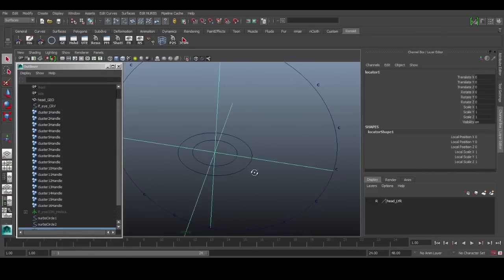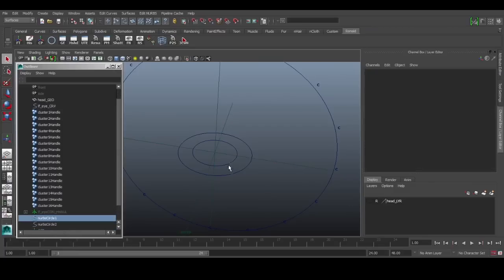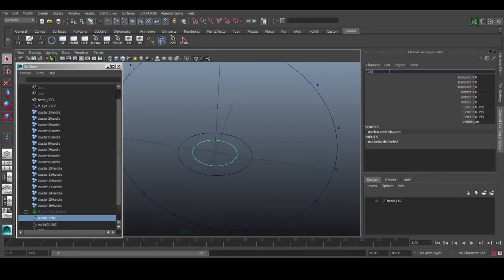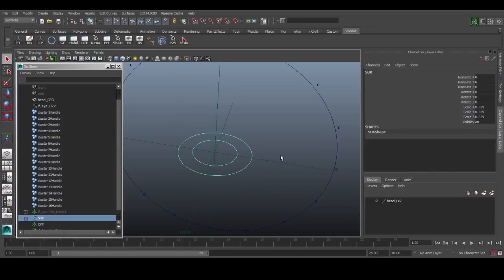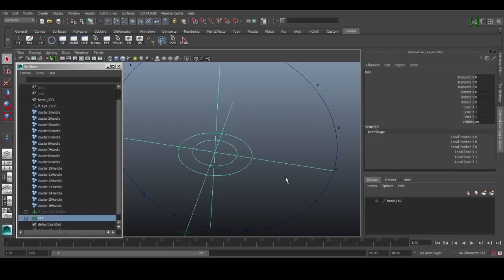And this locator will be the shaper for our eye. Not all the 2D eyes will look the same, so we want to have some kind of control over the shape of the eye as part of the rig itself. We can call this the offset, off. We can call this the controller, con, and we can call this the set driven key, SDK. So we'll parent the controller under the SDK, and then we'll parent the SDK under the offset locator, and then